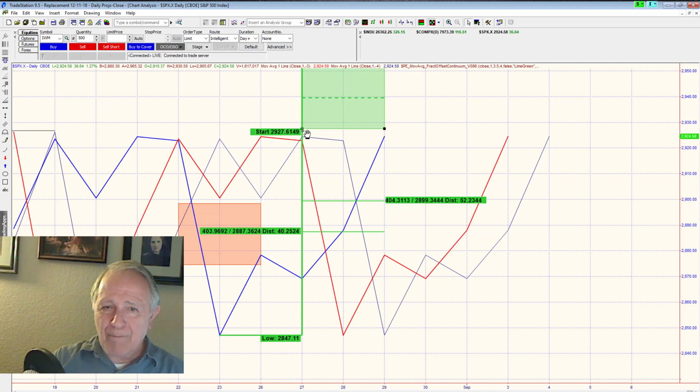On the S&P, the minimum upside is 29.2761. Mind you, these are closing projections, and today's close was 29.2458, within about 2.5 points. So is that close enough? I would say it's close enough, but it also suggests that there may be one more slight move to the upside here, taking us into the projection box. So that's basically where we stand.